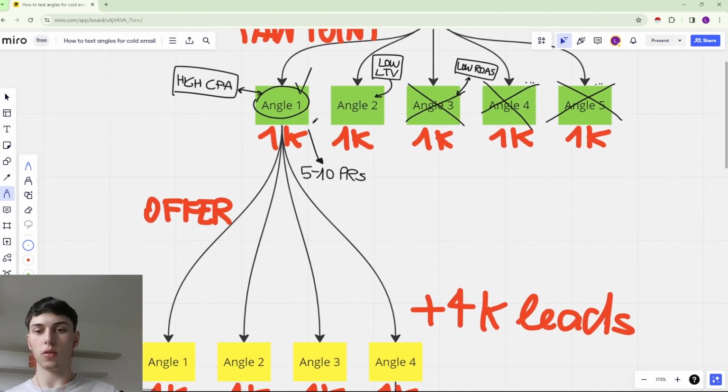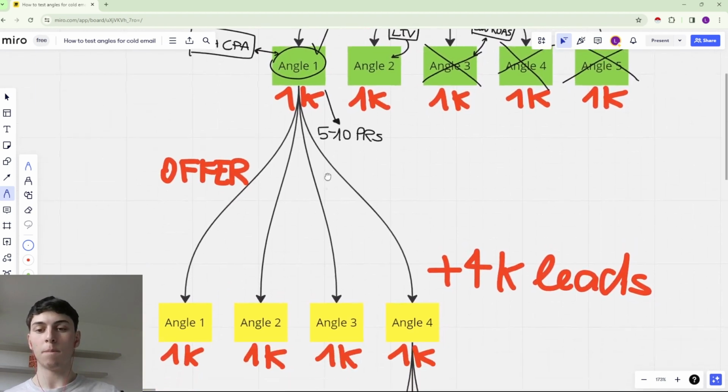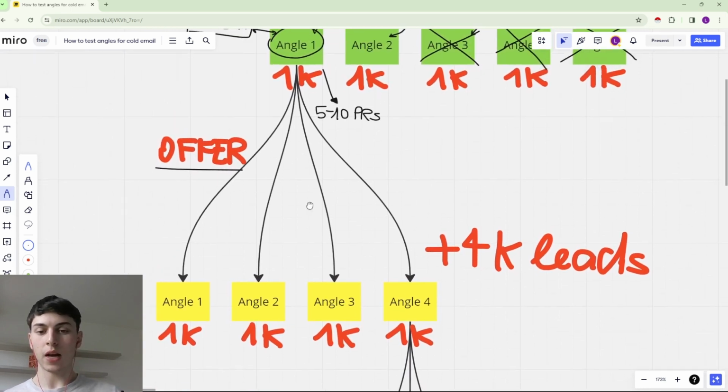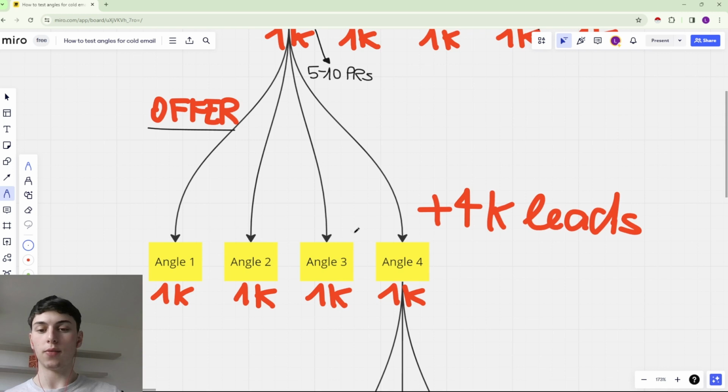So once you know which pain point works best, you're going to split test the offer in this case. Now you create another four different angles, or you can do more, you can do fewer. I don't really have a set number you can use for this. Just come up with different ways of positioning the offer and different offers that you can leverage with that target market. And make sure not to change the targeting, of course, because everything else must be the same when you're